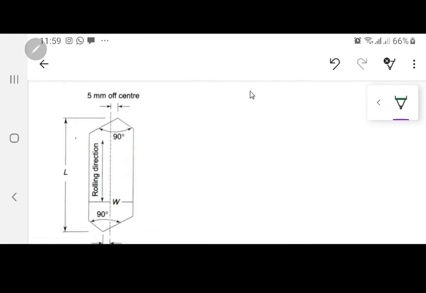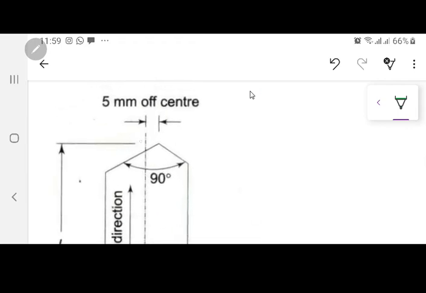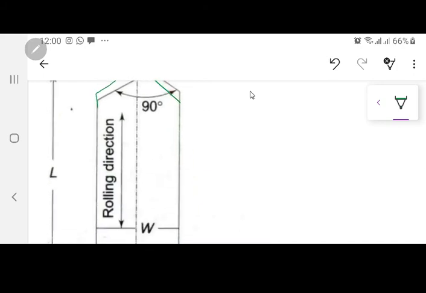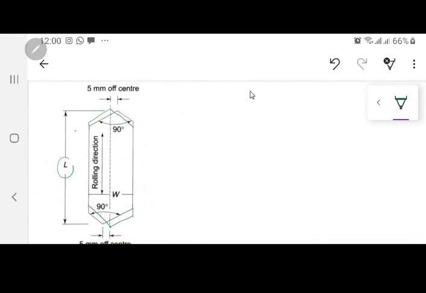If you see the shape B over here, this is a slightly off center one. Why off center one? For this one, if you see over here, and on this lower one also, this one is a slightly off center one, this one like this over here. Now this length over here, L, has to be equal to what? This length, which is equal to window height, agreed, ठीक है। And this distance over here is equal to half of W, and this distance is also equal to half of W.